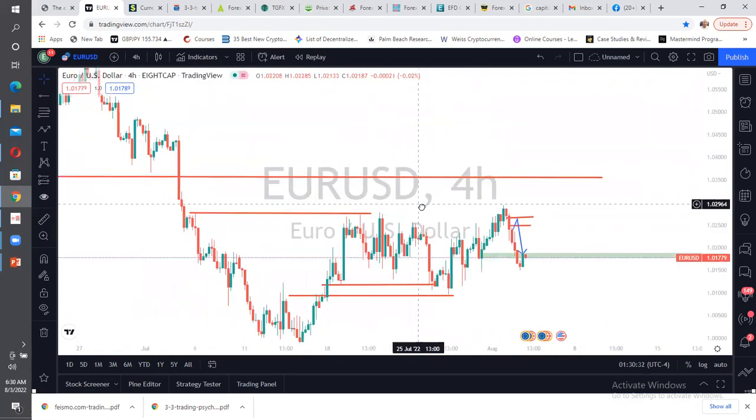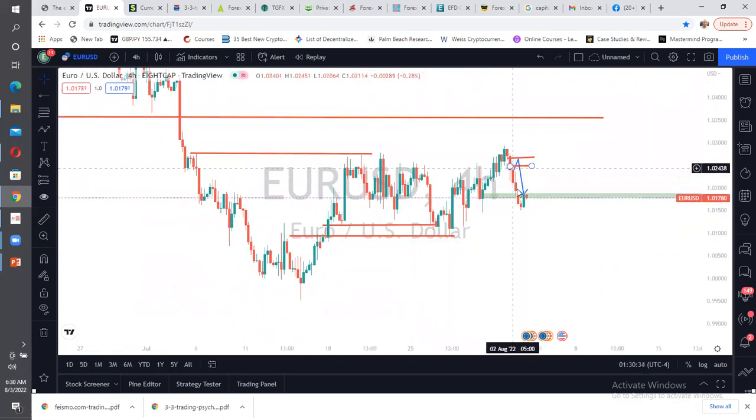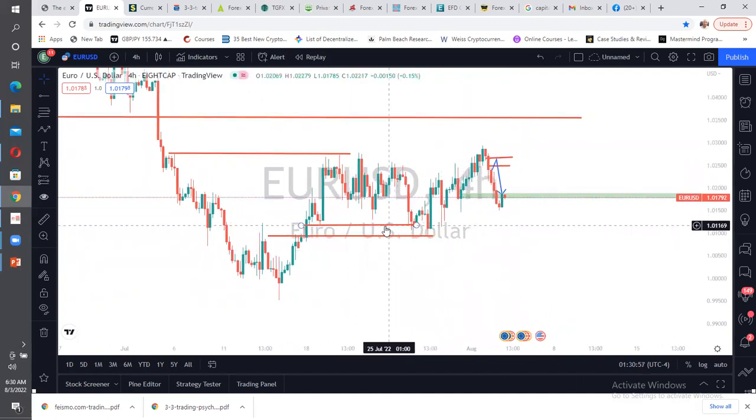EURUSD is playing out just as we analyzed. All right. And then yesterday we anticipated this particular push to the upside. We anticipated that it should reverse based on our proof analysis from here. And before we now say that this news actually pushes it further down to this level. And as you can see here, there is always liquidity resting here. So I would like to see them flush this liquidity that is resting there.